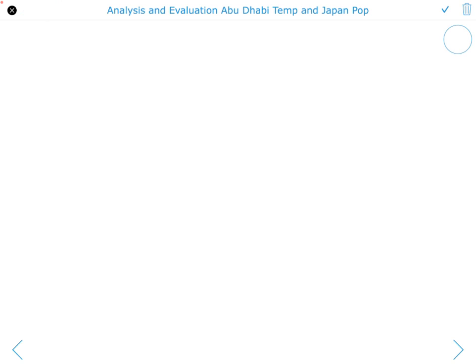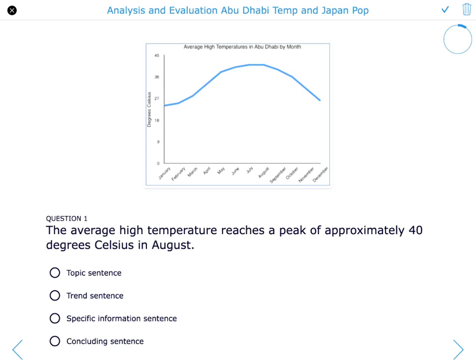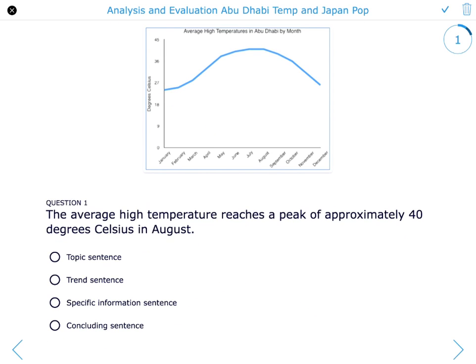And again, we have a followed up by a formative assessment where they look at line graphs, and with the example sentence, decide what type of sentence this is. So this is an evaluation and analysis task. They're discriminating between different types of sentences. So in this case, the average high temperature reaches a peak of approximately 40 degrees Celsius in August. Well, I could tell that's a specific